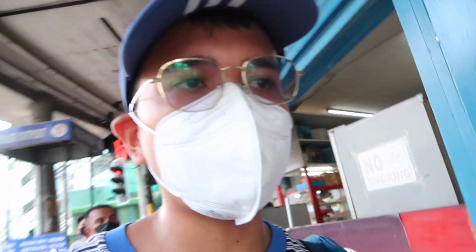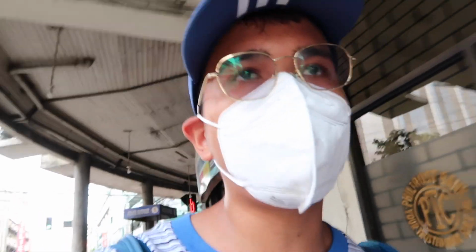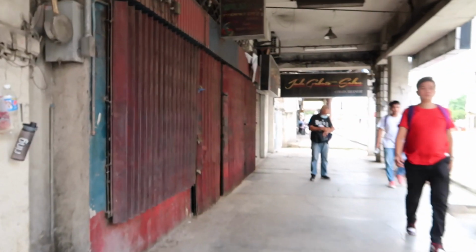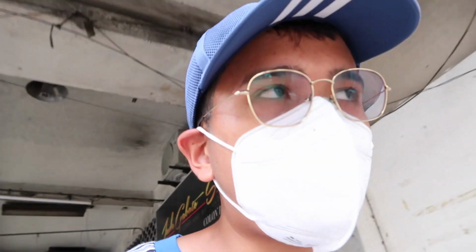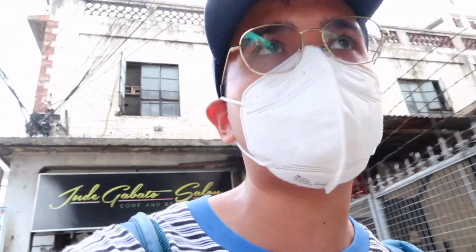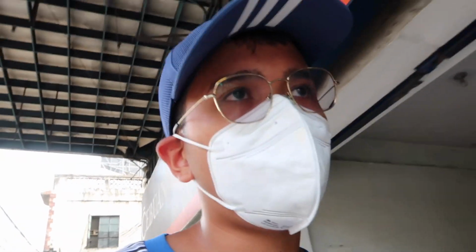This place just feels very historic. If you guys have ever been to Binondo in Manila, Chinatown, this gives off the same vibe. It just feels so old and storied and important. But yes, now we're going to a house called the 1730 Jesuit House Museum. It's one of the oldest houses here. I think it's over 400 years old and it's still standing till today. So yeah, we're gonna see that, and then we're gonna see the